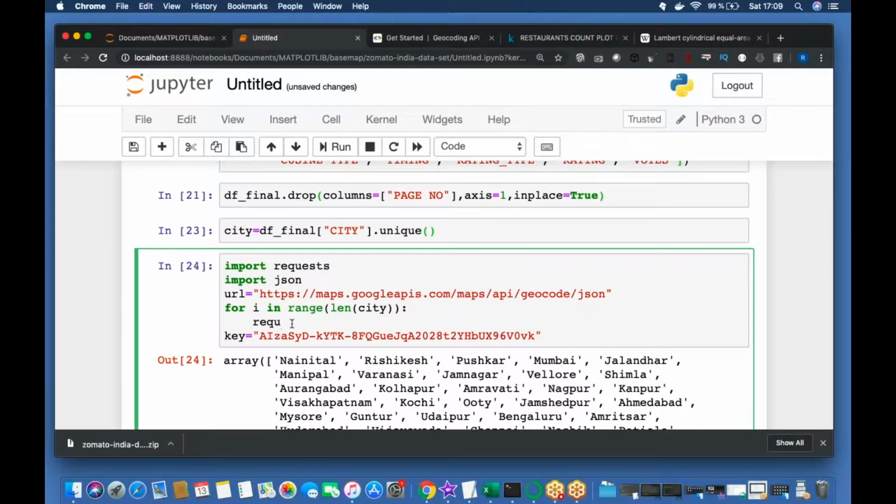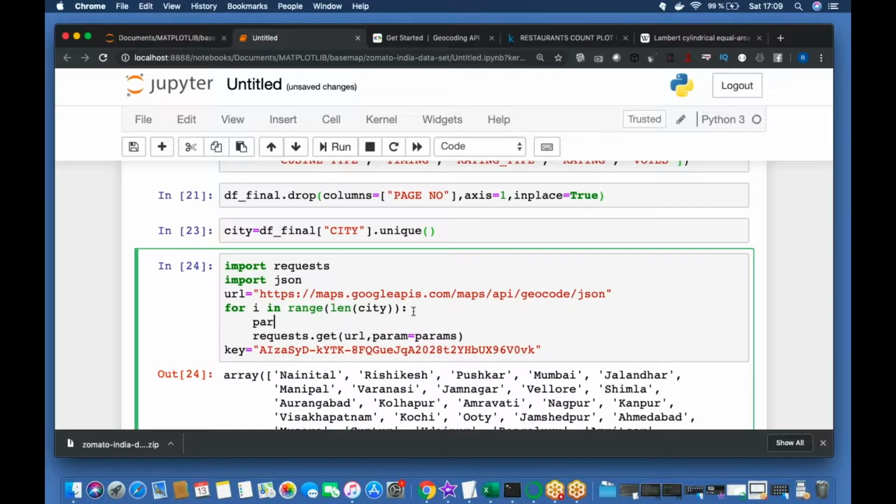Okay, so requests.get equals to this URL, and params. This is the usual Google notation, params. Okay, let me just define params. Params is nothing but a dictionary. Like there will be address colon city, first city, and